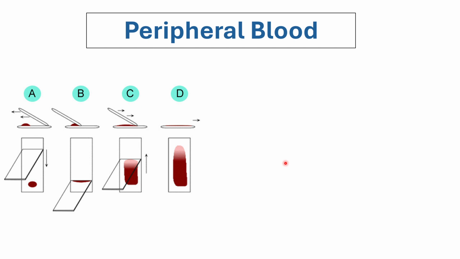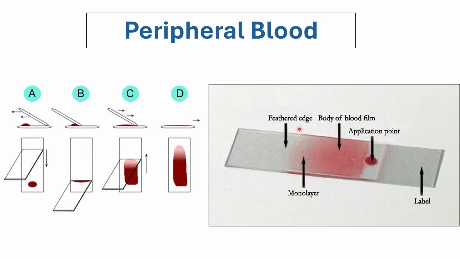Now, let's go to the peripheral blood. For the peripheral blood, we are still usually going to have to make smears, no? So for these blood smears, this time you won't have to bore a hole in your long bone because this peripheral blood is easily collected via your peripheral blood vessels. So you just have to put a drop of blood here and smear it, and then you would have your feathered edge. So the monolayer is in here as well as in the feathered edge.